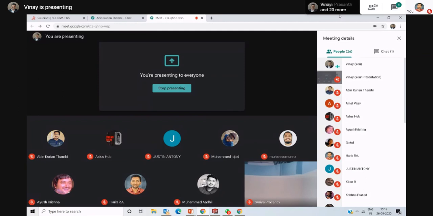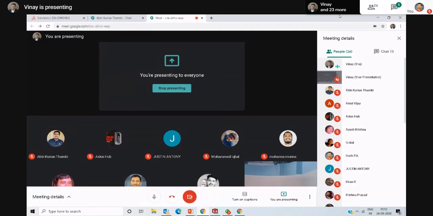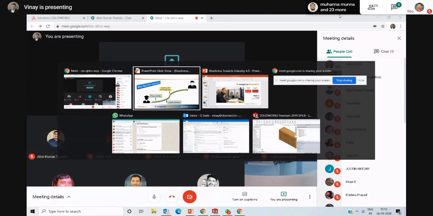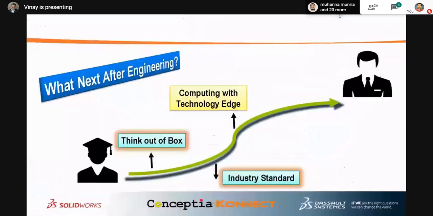How will the additive manufacturing process happen? Can the additive manufacturing process be used for mass production? See, there are many questions like these that you need to answer for the industry. So please prepare yourself to compete with the technology edge.